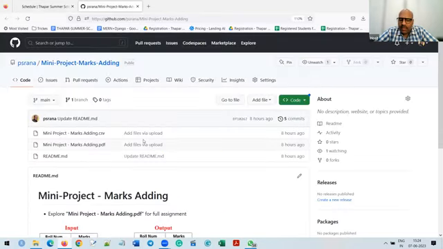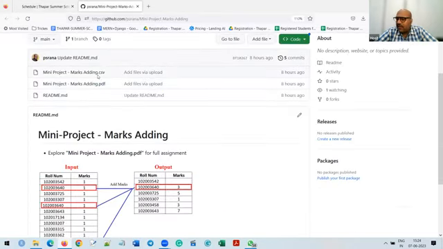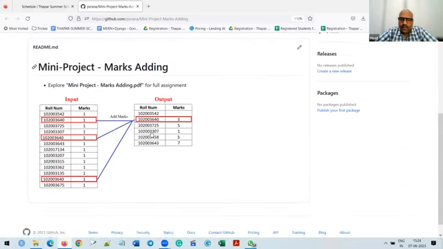तो मिनी प्रोजेक्ट 4 में क्या है, यहाँ पे मैंने एक फाइल दी है आपको, CSV फाइल। इसमें क्या है, दिस इज द मार्क्स फॉर एवरी स्टूडेंट। तो इनपुट फाइल में क्या है, मेरे जितने स्टूडेंट्स हैं उन सबके रोल नंबर्स हैं एंड उनको कितने मार्क्स मैंने दिए हुए हैं। ओके नाउ अब आपको क्या करना है, अब जैसे रोल नंबर ये 640 रोल नंबर है, इसको 3 जगह मार्क्स मिले हुए हैं, तो उस सबको ऐड करके आपको एक रोल नंबर एंड टोटल मार्क्स को ऐड करना है आपको।